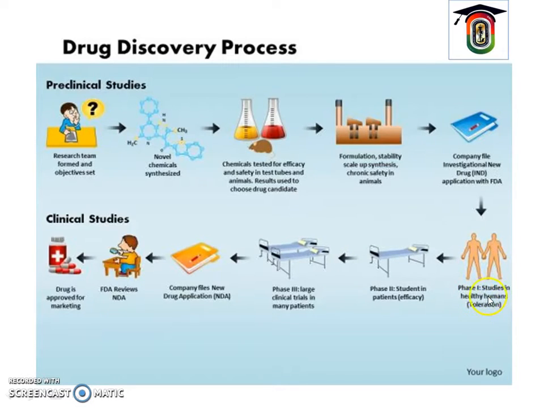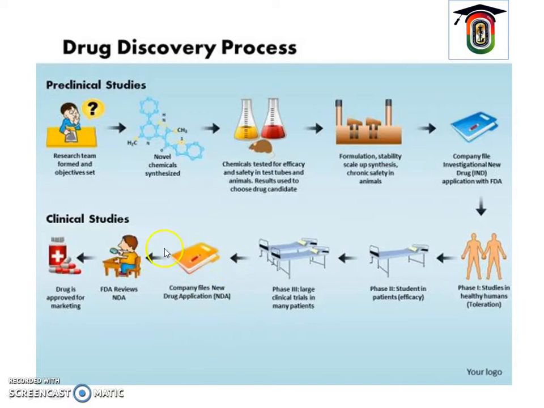The first phase of the clinical study is phase 1, in which the drug molecule is studied for tolerance in healthy humans, and if found to be safe, the drug molecule moves towards phase 2 studies. In phase 2 studies, the efficacy of the drug is checked in patients. Once phase 2 is successful, the drug molecule moves to phase 3 studies, where the clinical trials are done in a large number of patients, more than were used in the phase 2 clinical trials.